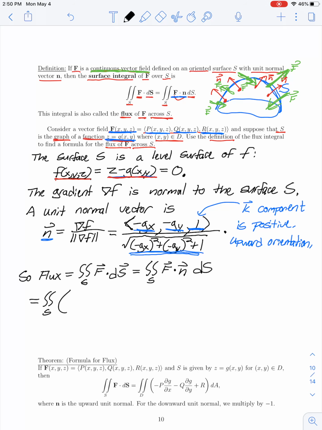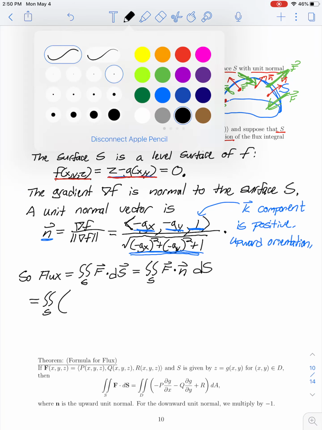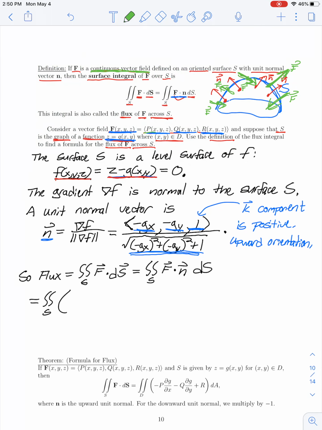For our first component, we're going to multiply our first component function, which was p, times the first component of our unit normal vector, which gives us negative p times the partial derivative of g with respect to x over the square root of negative g sub x squared plus negative g sub y squared plus 1,